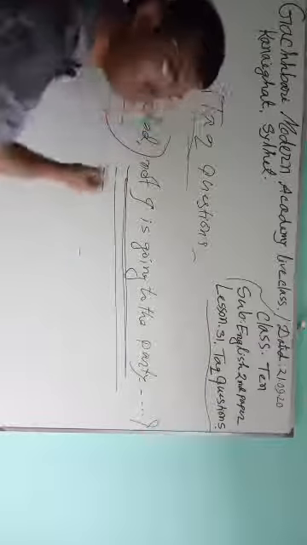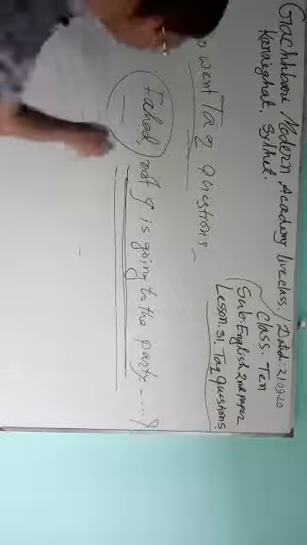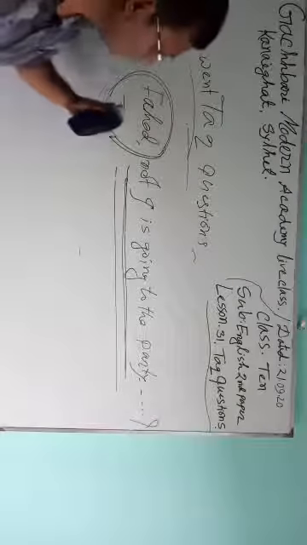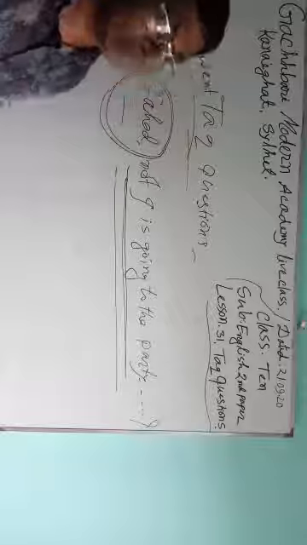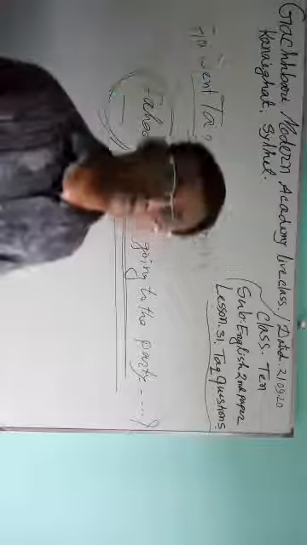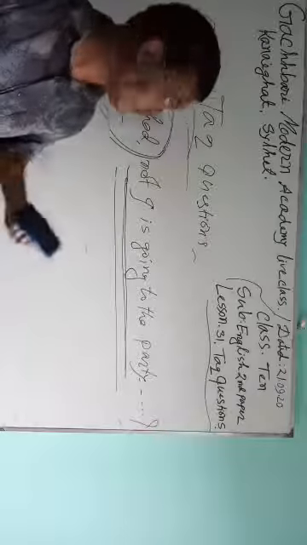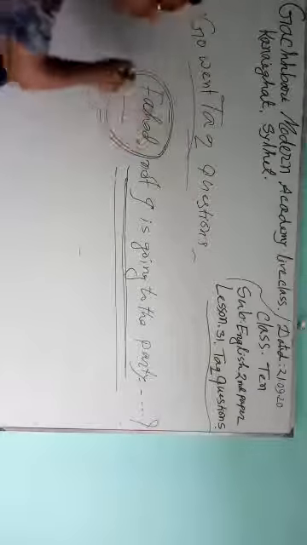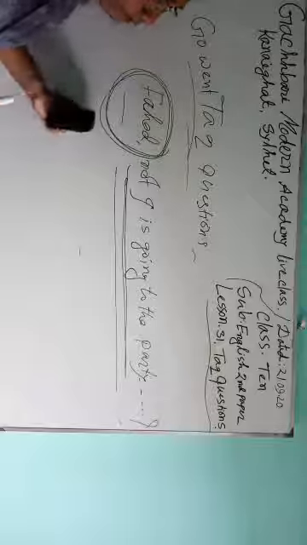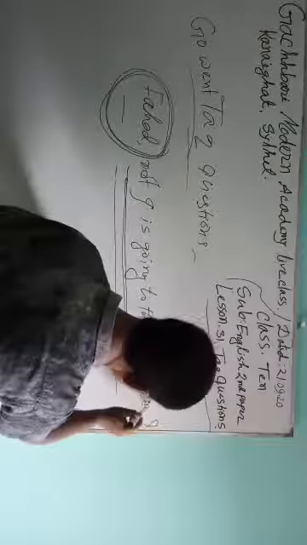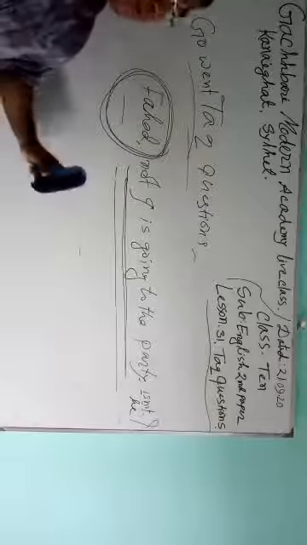So you make the tag from Fahad. Do you understand? If, dear students, you find such a type of sentence, you must use the tag from the affirmative portion. So the answer may be isn't he. Do you clear,